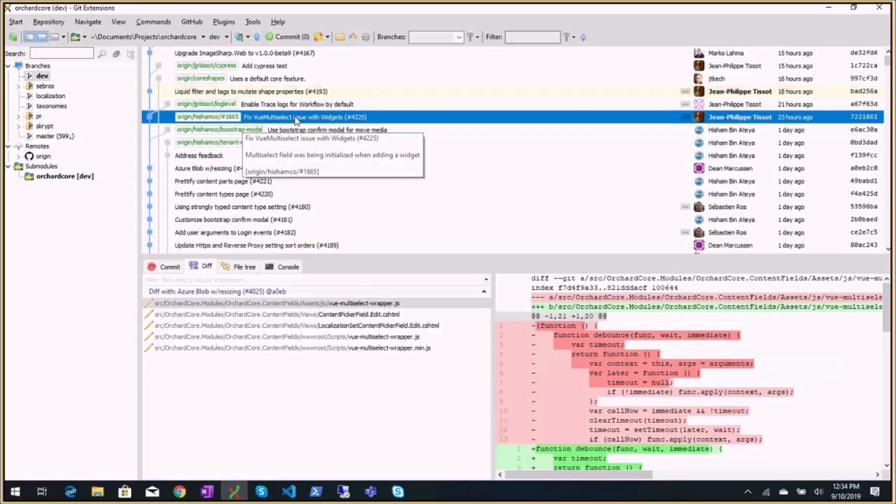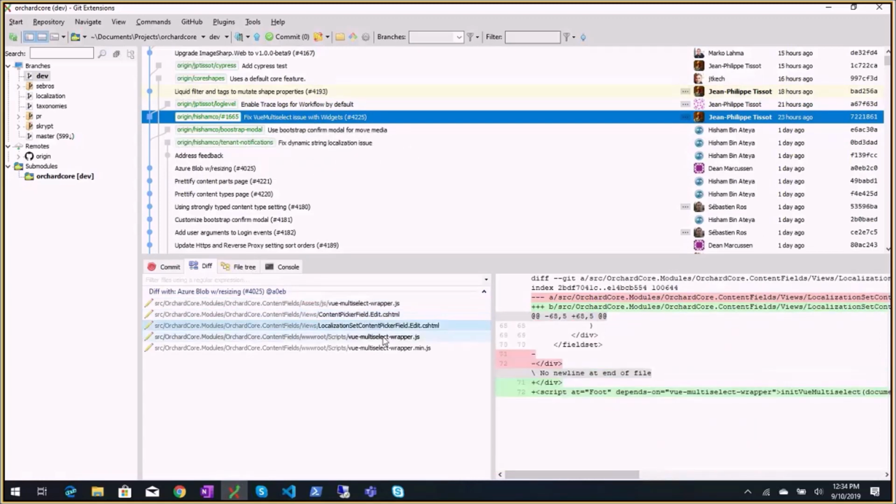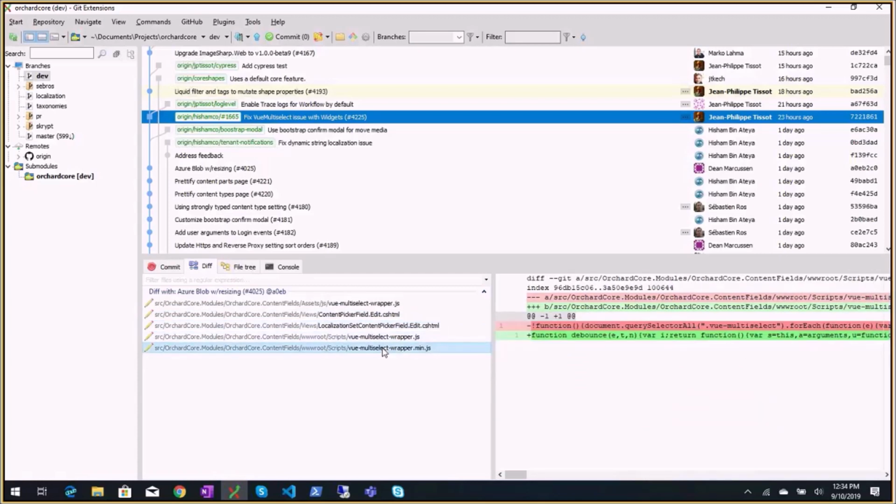Fix view multi-select issue with widgets. The script is executed in an unexpected moment, and then we decided with Jean-Philippe that we need actually to create an event for the widgets to know when they are added, so they know if they have to run some JavaScript to initialize themselves, instead of relying on the fact that the script will only be executed once